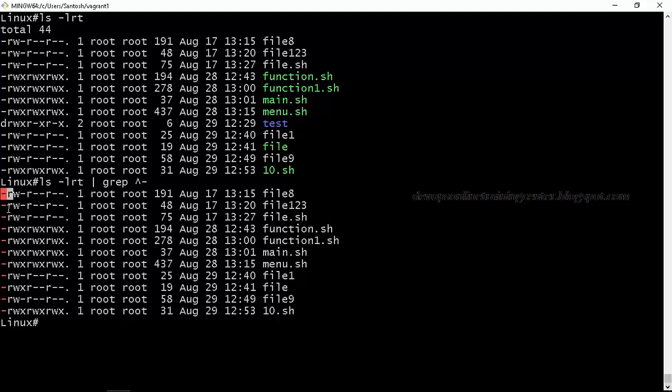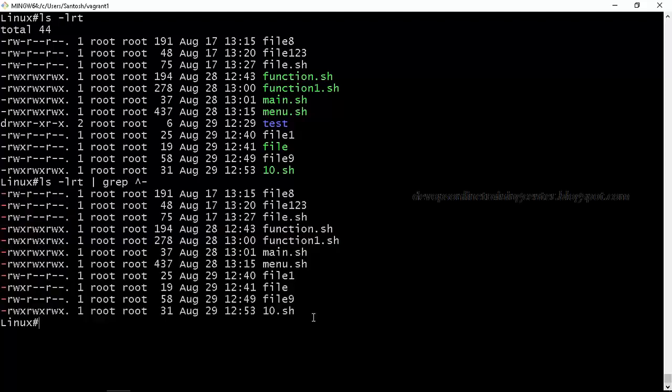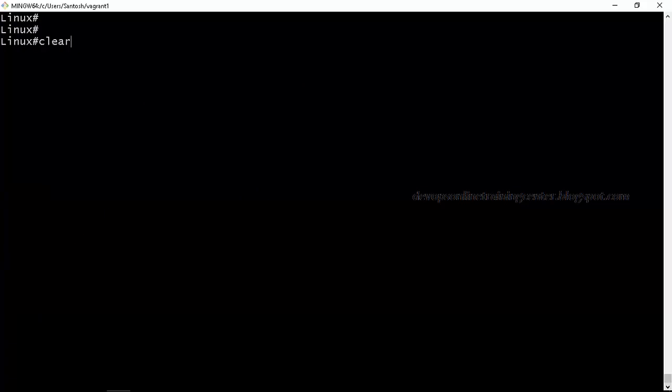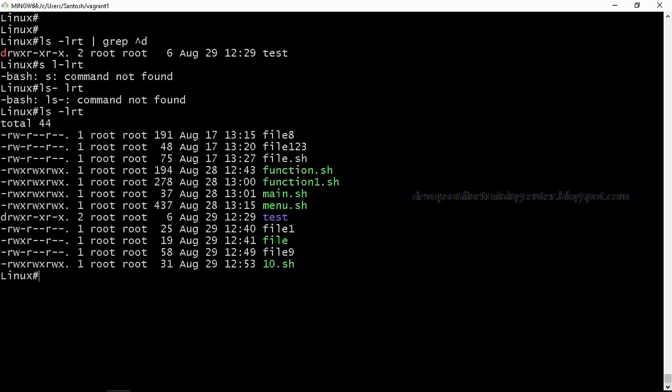So basically this hyphen indicates that it's a file, right? What does d indicate? So it indicates a directory, right? So inside a directory, if you want to find out what all the directories we have, you can simply say d. This will just give the directories. Here I have files and I have directories.